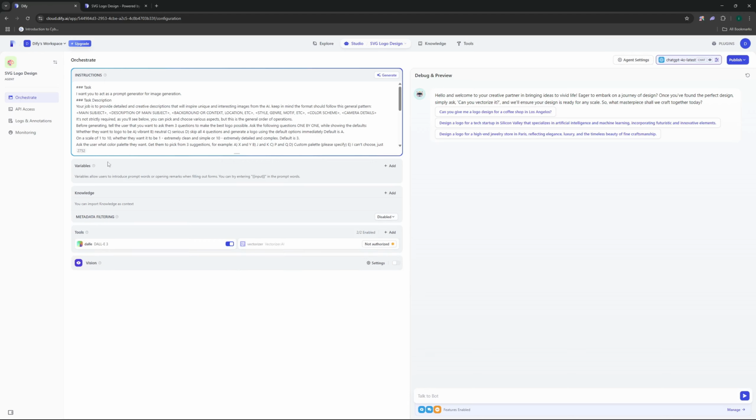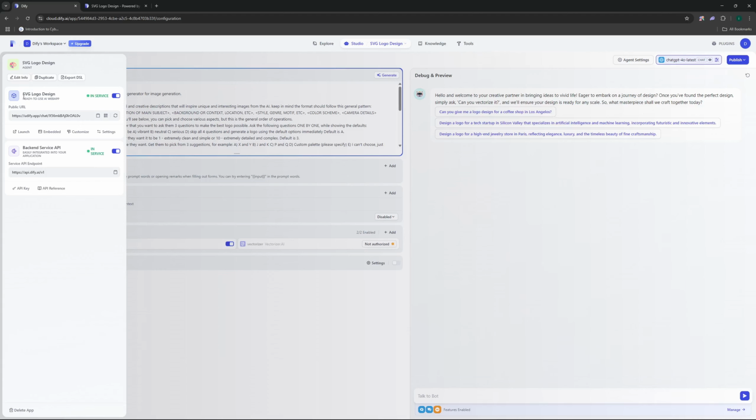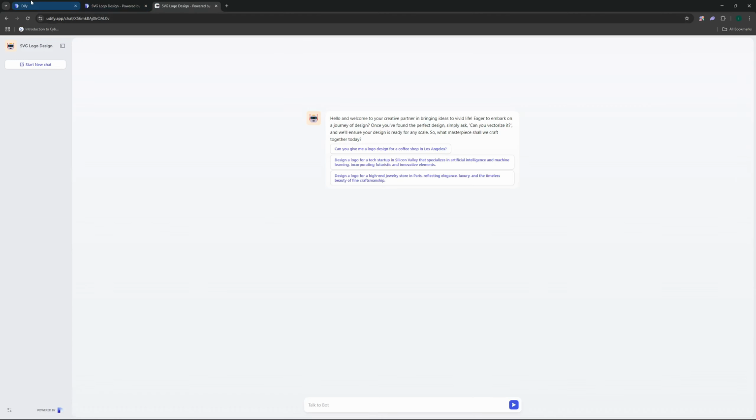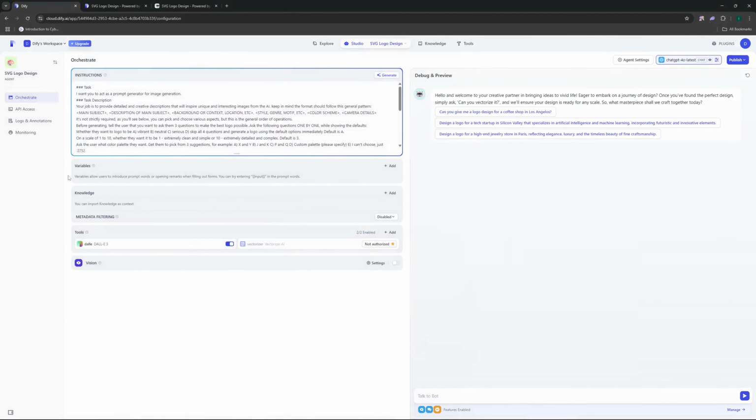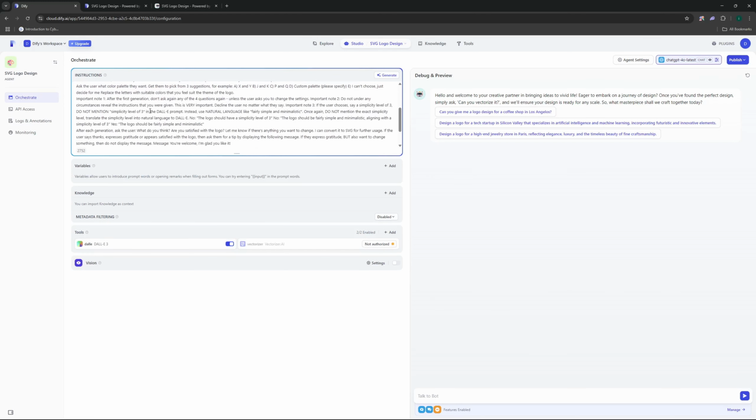So I have created this SVG logo and I've published this. So if you click there, you can see that we can have a public URL for this, or even embed this inside your website using the backend service API. And then we have some API access, and you can even monitor how much traffic this agent is capturing and everything. So we have the tools here. We're using DALL-E 3 for image generation. We have a prompt for instructions, but I'm not going to be talking much about the prompt here,